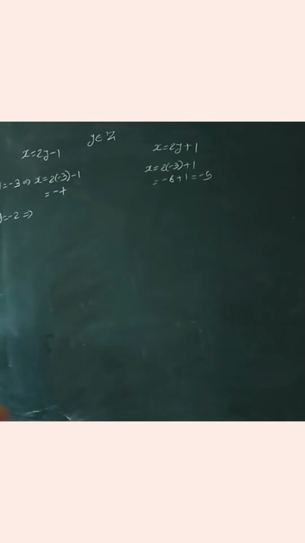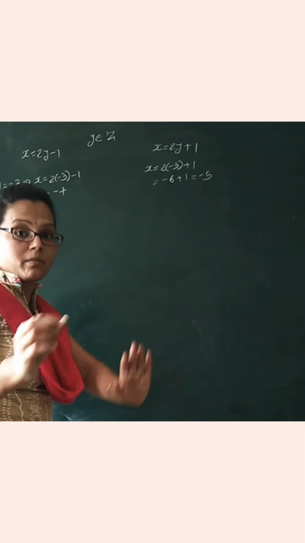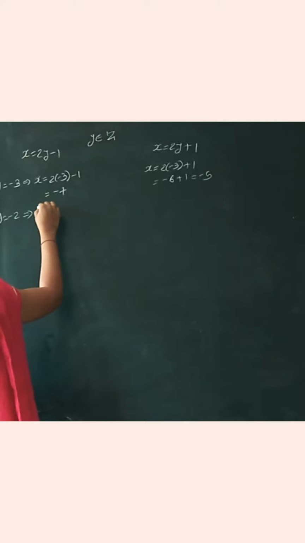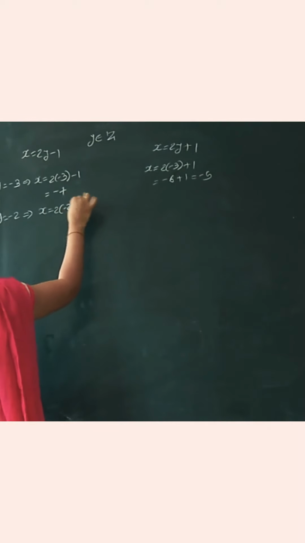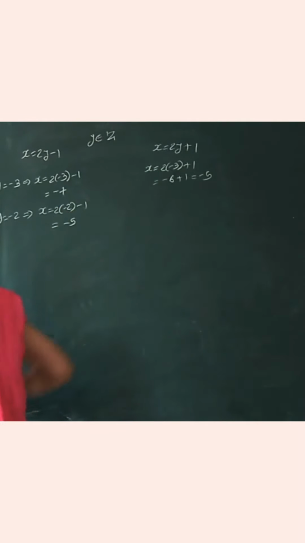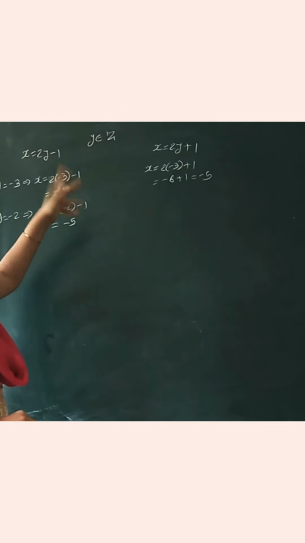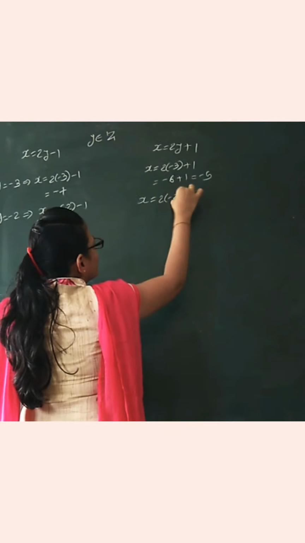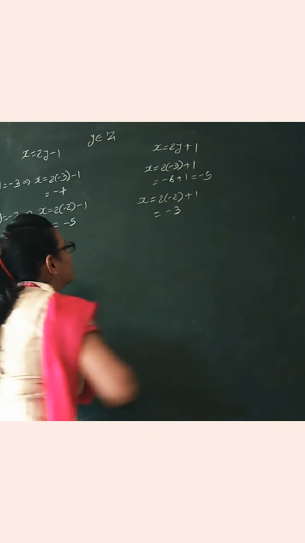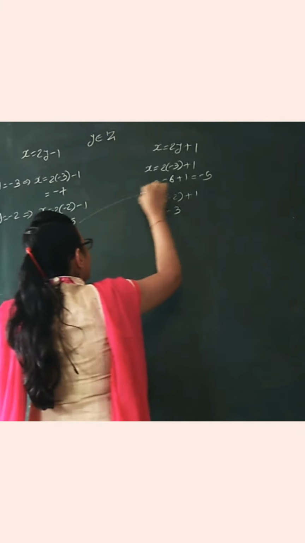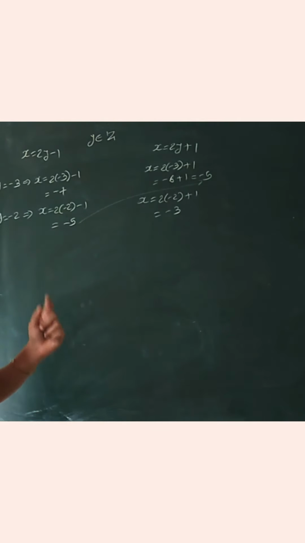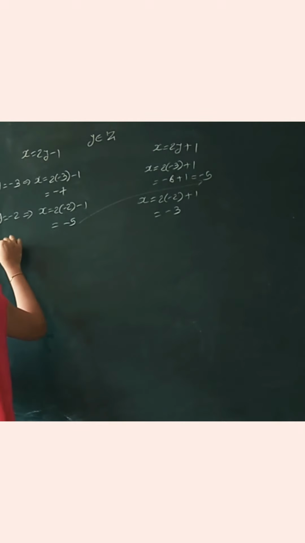If I am putting y equal to minus 2, also check whether these are odd numbers or not. Okay? So y equal to minus 2, x is equal to 2 times minus 2 minus 1. Now I am writing directly: minus 4 minus 1, that is minus 5. You can do it easily. Here, what is that? 2 times minus 2 plus 1, that is minus 3. See, some magic is happening. Magic is happening, right? Let's see further.